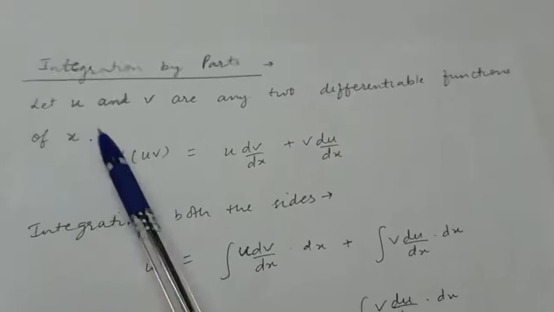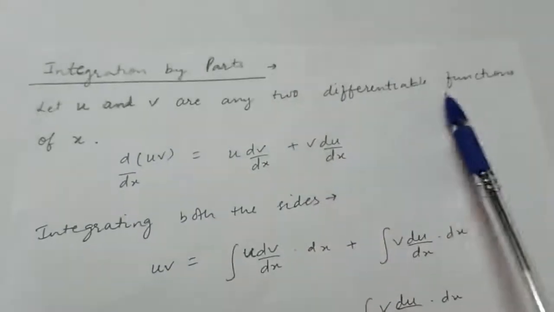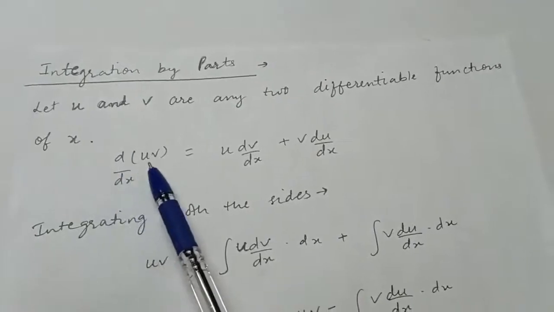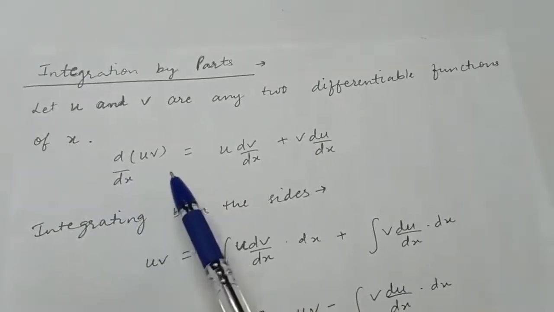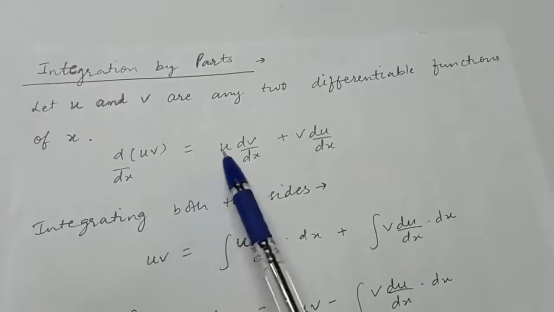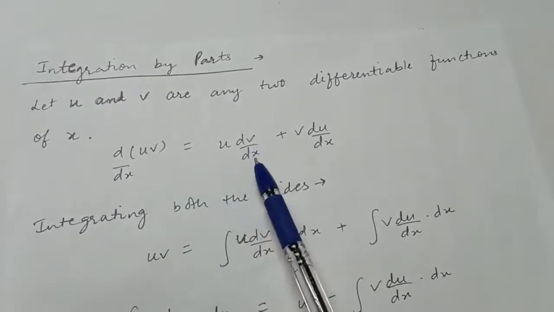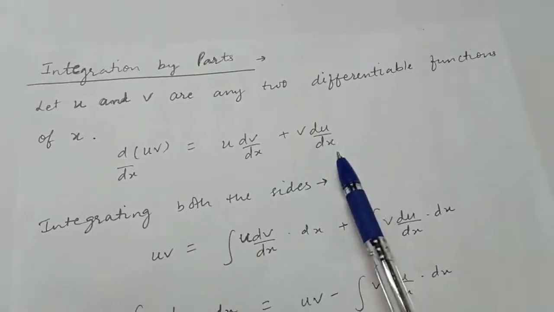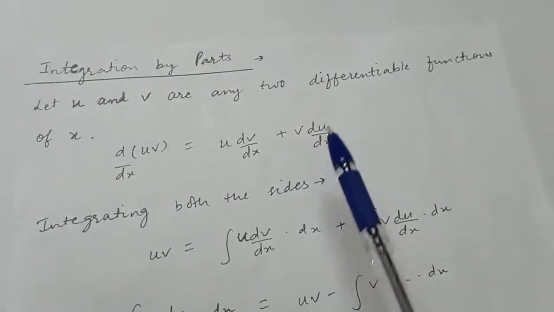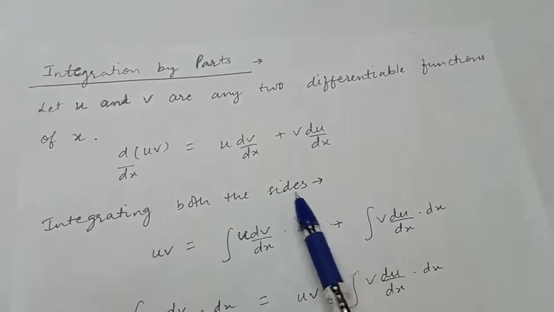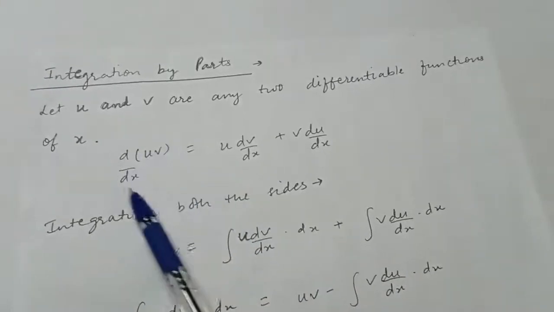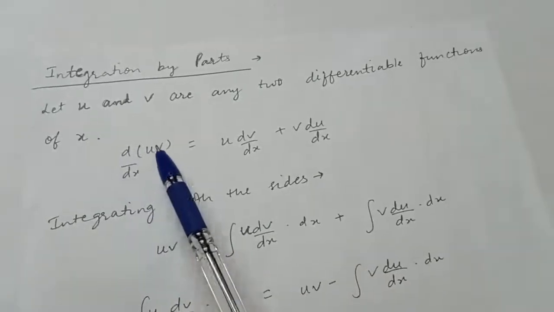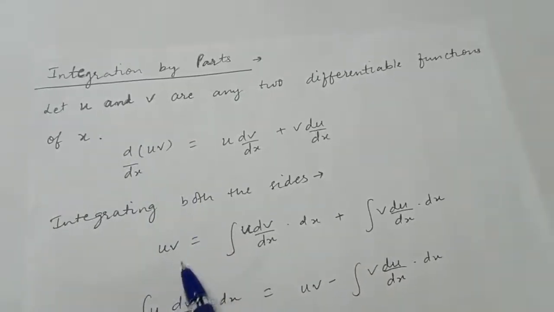So let u and v be any two differentiable functions of x, right? Then the derivative of uv with respect to x, by the product rule, is u into derivative of v with respect to x plus v into derivative of u with respect to x, right? Now integrating both the sides, this is the integral of the derivative of uv, so this will be uv only,